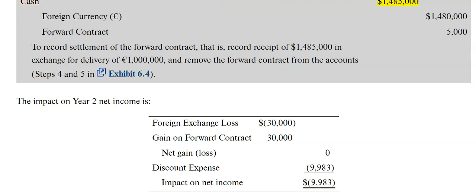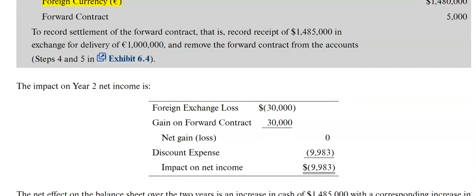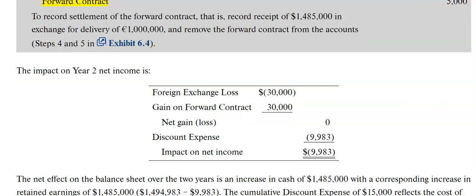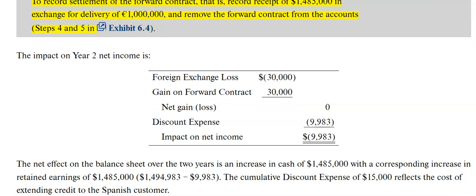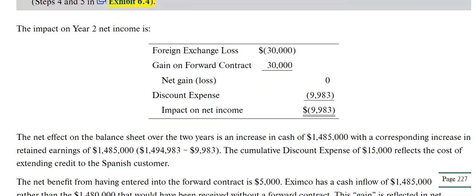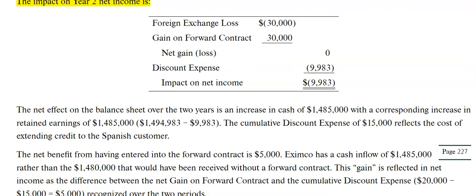Cash, $1,485,000. Foreign currency, Euro, $1,480,000. Forward contract, 5,000. To record settlement of the forward contract, that is, record receipt of $1,485,000 in exchange for delivery of 1 million euros, and remove the forward contract from the accounts, steps 4 and 5 in Exhibit 6.4. The impact on year 2 net income is: